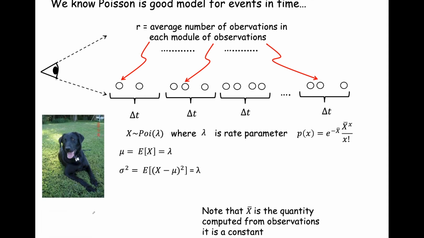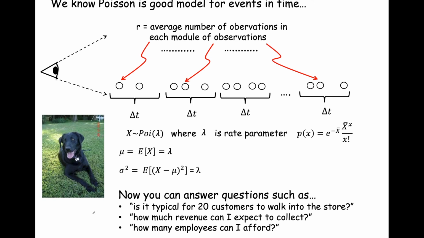Now, of course, if we sample from this, now we can answer all sorts of interesting questions. Is it typical for 20 customers to walk into the store? How much revenue can I expect to collect? That's just the probability of a certain number of customers, and then we multiply by the average amount of money that these customers spend, which you can absolutely get from the register information. How many employees can I afford? Well, it depends on your revenue. If your employee count can't support the revenue, then you're not going to make any profit, and the store has